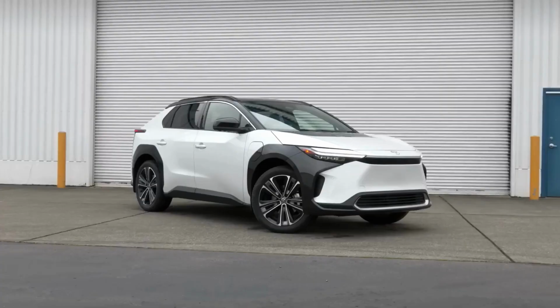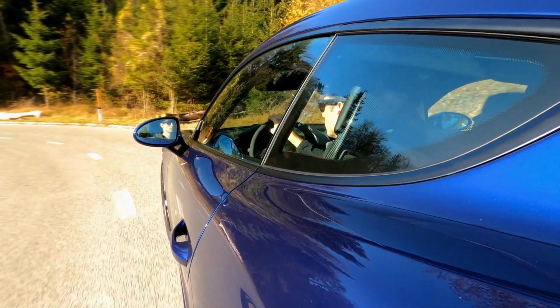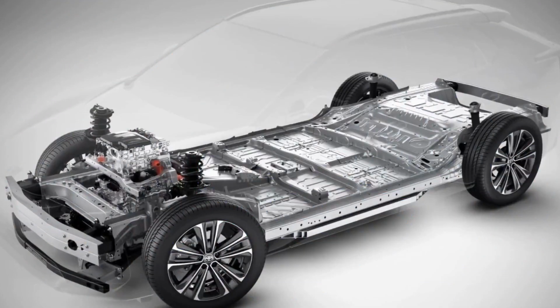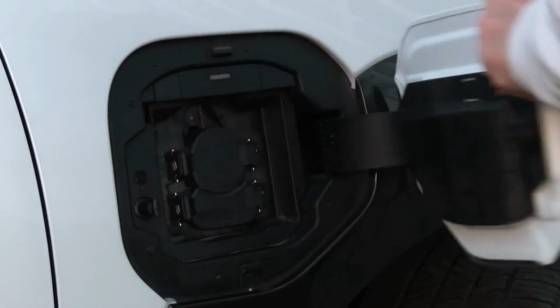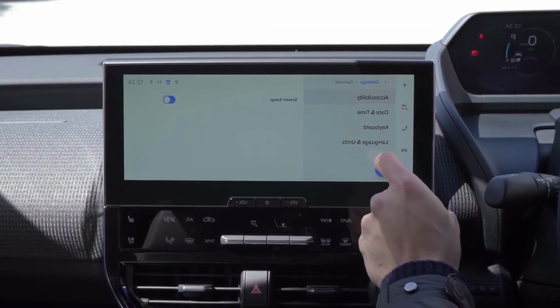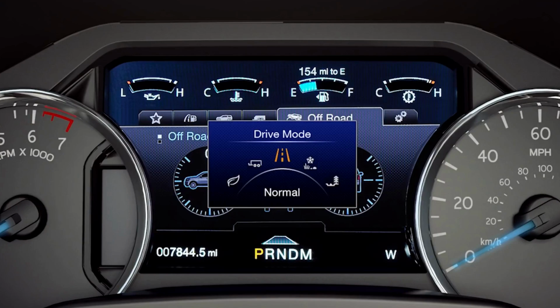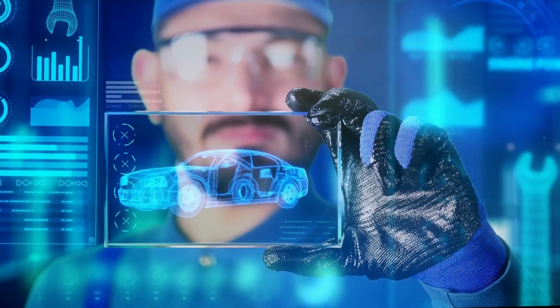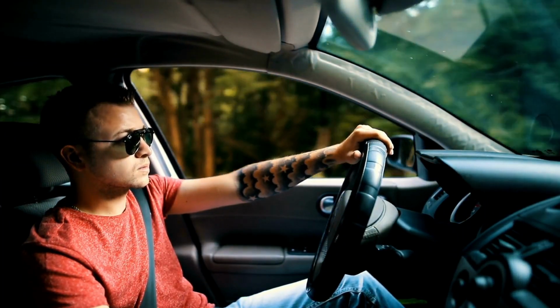The BZ4X's advanced all-wheel drive system is designed to give you maximum traction in any terrain. It's powered by two electric motors, one at the front and one at the rear, that provide instant torque and power when you need it most. The system also has 4 driving modes: normal, sport, eco, and off-road, so you can tailor your driving experience to